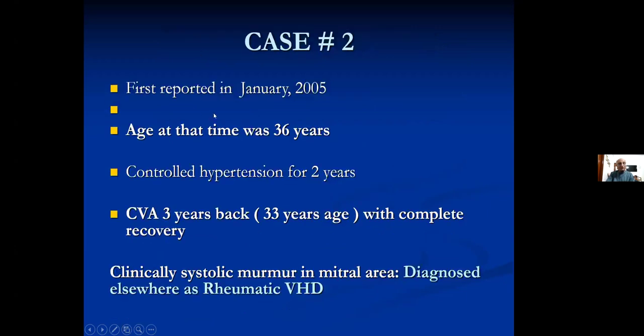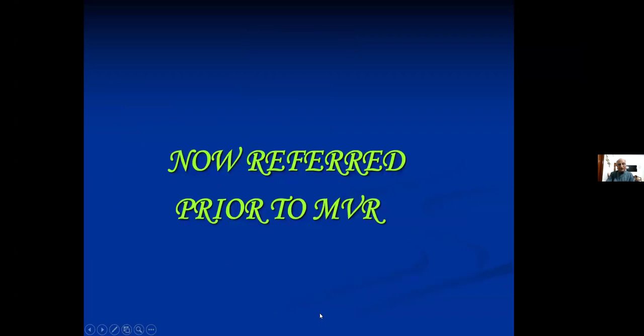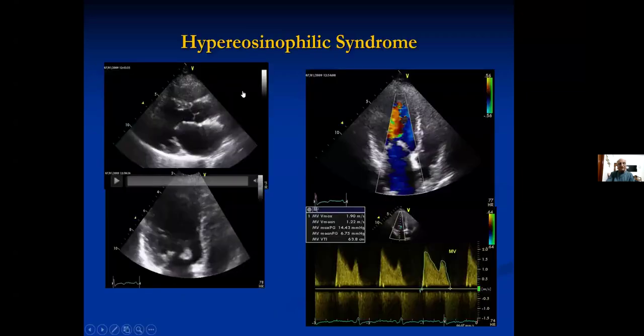Now, case number 2, this lady first reported to us in January 2005. Age at that time was 36 years. She had hypertension and a CVA 3 years back. That means at the age of 33 years, she had a CVA with complete recovery. She had a clinically systolic murmur, and on the basis of echo was diagnosed elsewhere as a case of rheumatic valvular heart disease. But she was referred to us prior to MVR, and then we found that she had features of